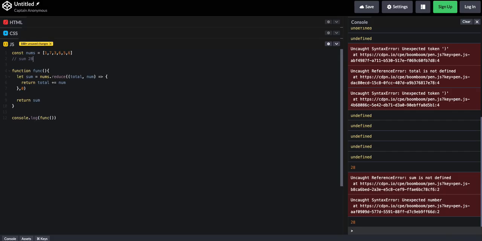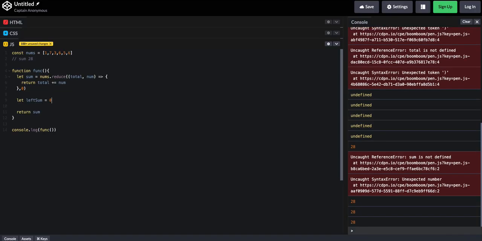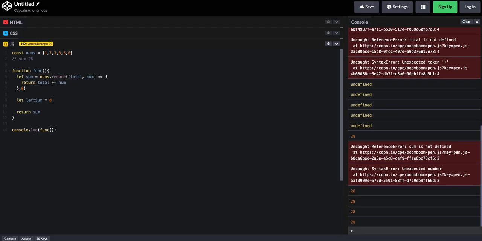Okay, now what we can do is start by setting left sum. So this is going to be the sum on the left. We set it to 0. So now what we're going to do is loop through nums again. And at each number, we're going to subtract from the total